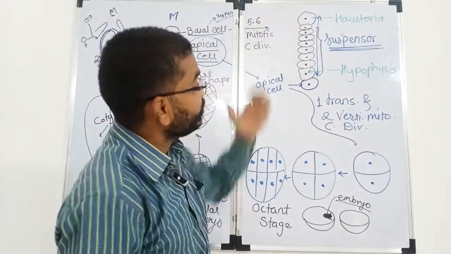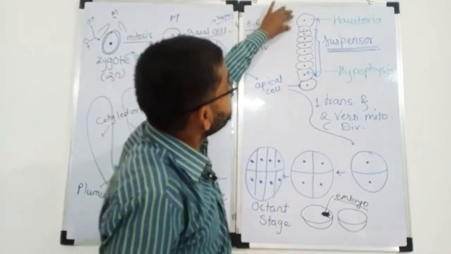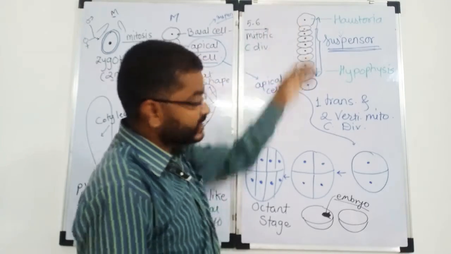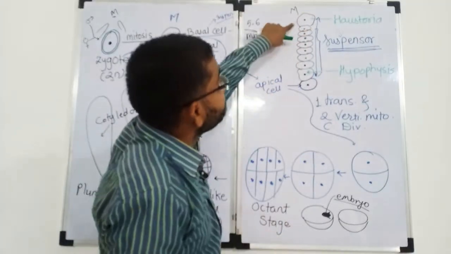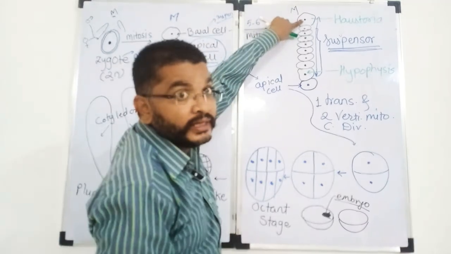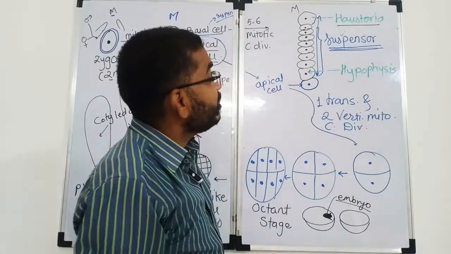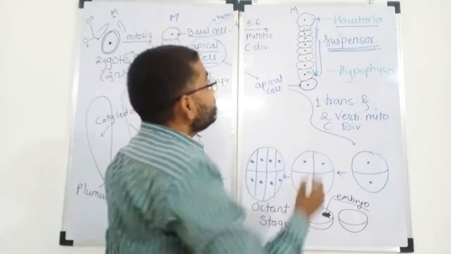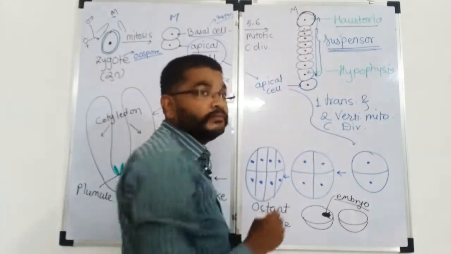अभी ये suspensor के ऊपर concentrate करते हैं. When we concentrate on the suspensor, the large size cell which is present towards the micropylar end, the first cell of suspensor present towards the micropylar end, यानी this one. Here I mention that cell as a haustoria in green color. Now this haustoria sucks food material.